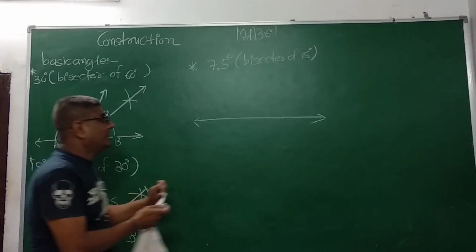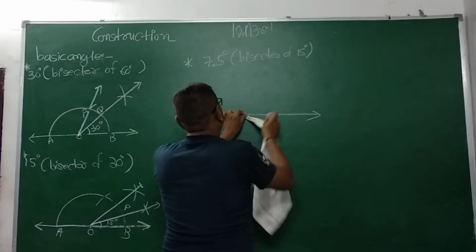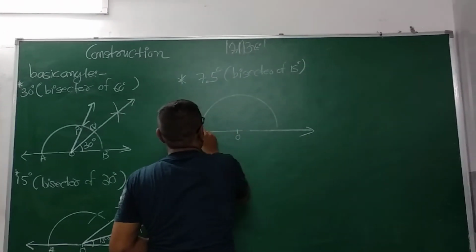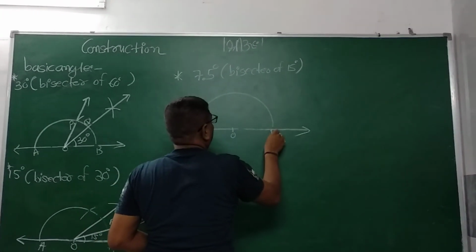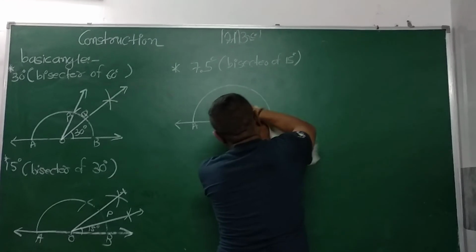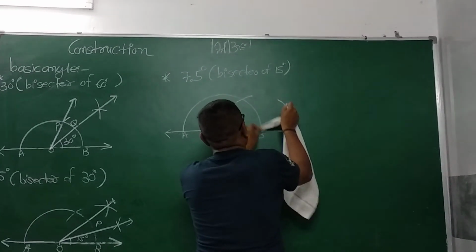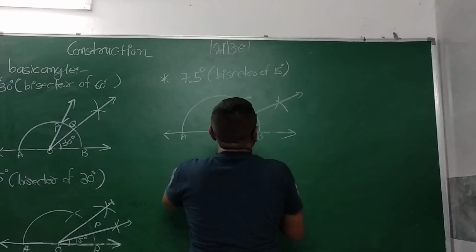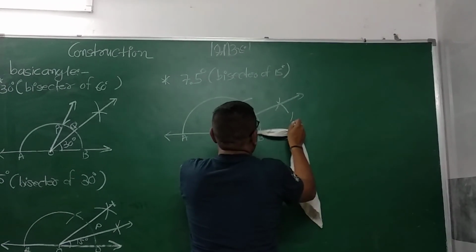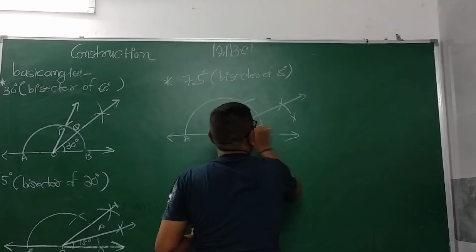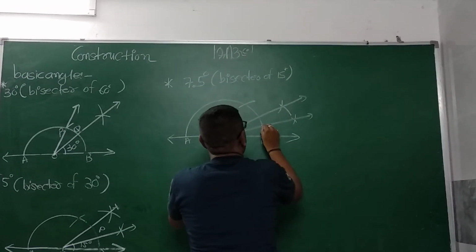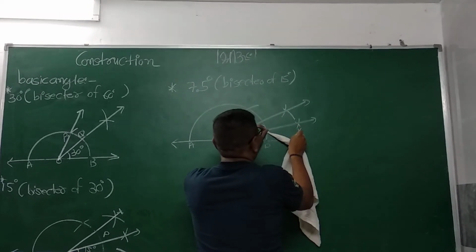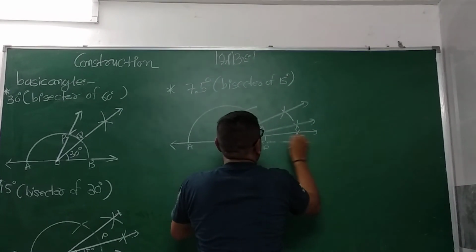Now in the same way we can go to 7.5 degree. So 7.5 degree is what? Half of 15. So first we draw the measure equal to the bisector of this: 60 degree gives 30 degree, again the bisector gives 15 degree, and again we have to draw, that is P. So we have to take a bisector and this becomes